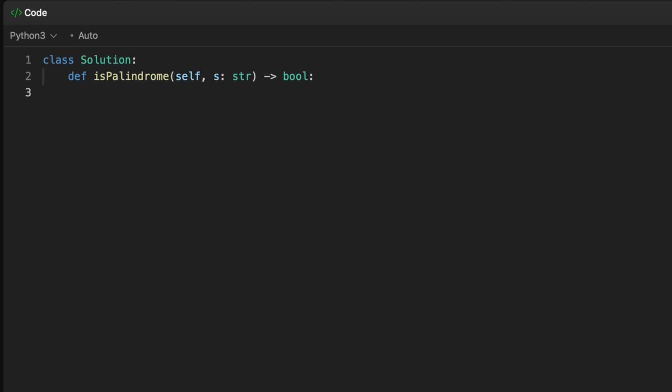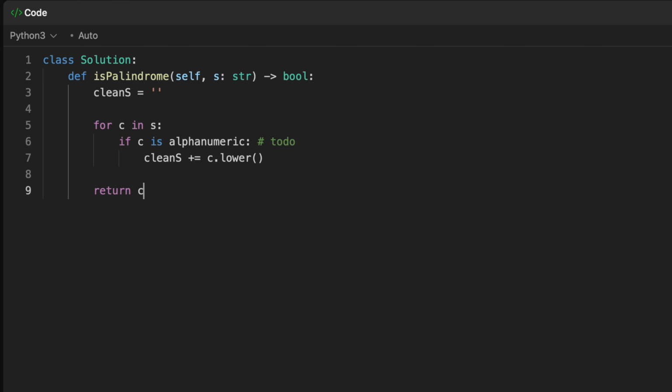So we'll call our clean string clean s, and we'll start it as empty. And then I want to look at every character in s, and if it is alphanumeric, then we want to add it. So if c is alphanumeric, and this is just pseudocode, I'll come back and work out the details in a second. If it's alphanumeric, then we want to add it to clean s, so clean s plus equals c, and we want to add the lowercase version if possible. And then finally, we just see if clean s is the same forwards and backwards. So we can return clean s and see if it's the same as clean s reversed, which is clean s,